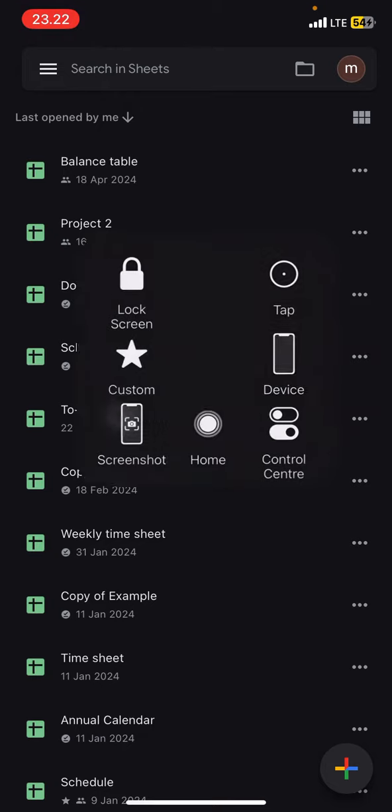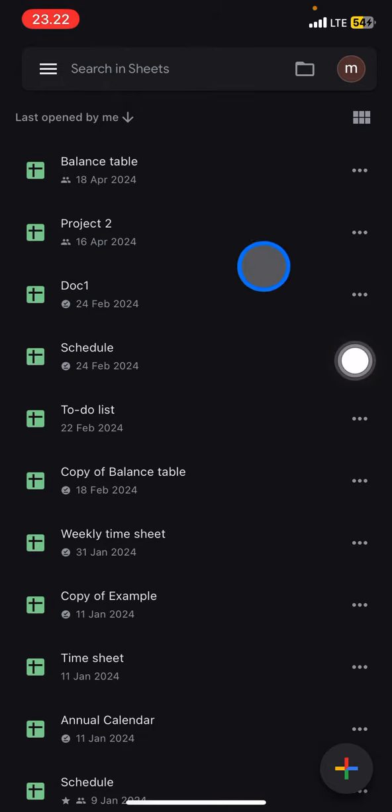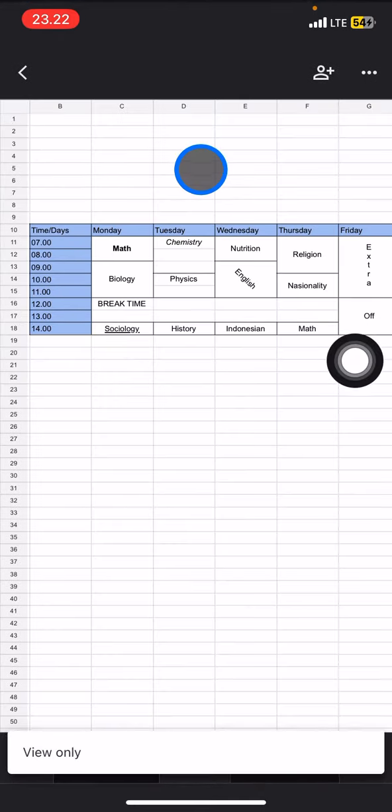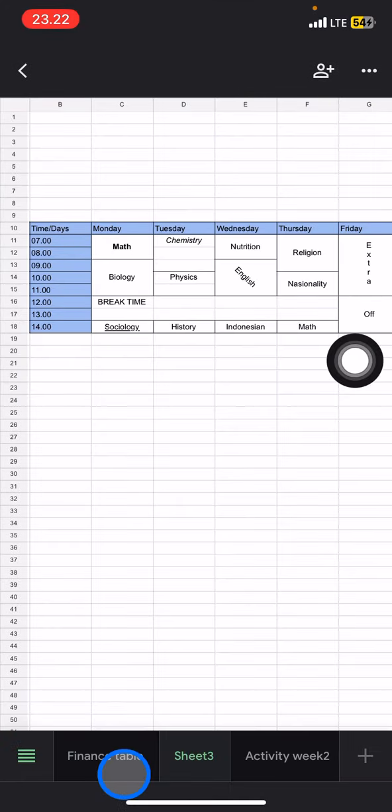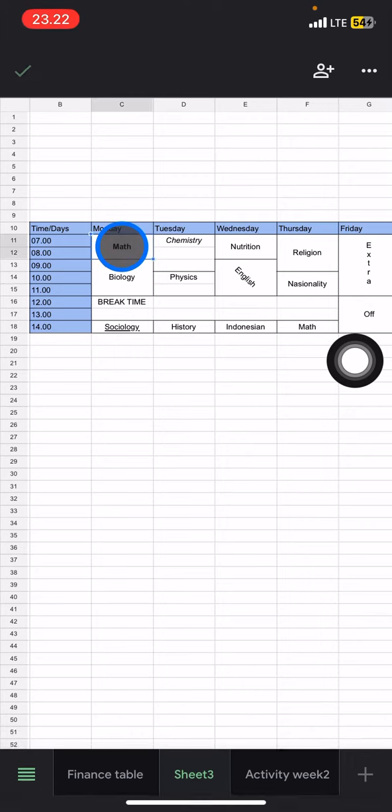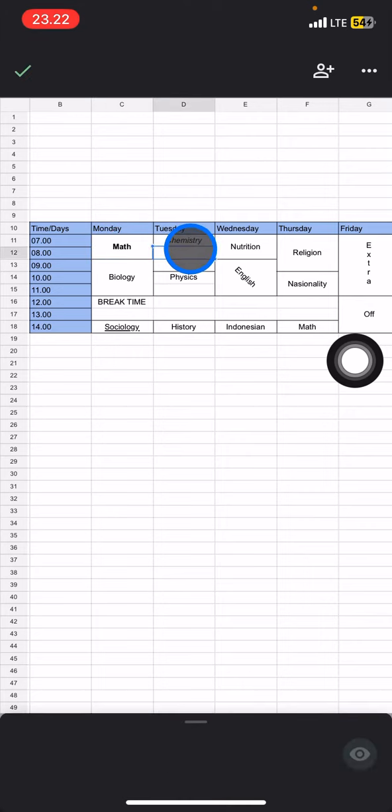I already prepared the document for us today, which is this balance table. And you'll see there will be information popping up here, which says view only, which means that you are not going to be able to edit any single cell inside of this document, even when you click the cells or the bars here, you will not have the ability